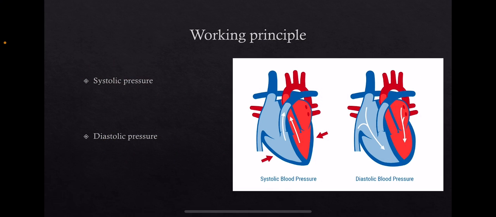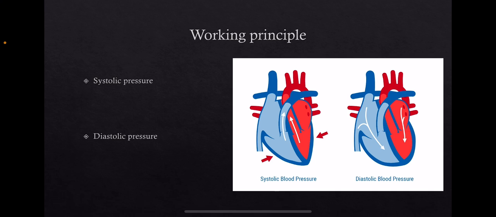Regarding how this device works, there are two types of blood pressure reading, systolic and diastolic pressure. When we put the cuff around the arm and pump it up, it exerts the pressure to cut the blood flow. As the pressure in the cuff is released, blood starts flowing again, and we can hear the sound of flow in the stethoscope. The number at which blood starts flowing is the measure of maximum pressure of the heart, which